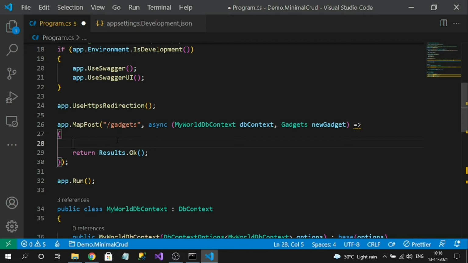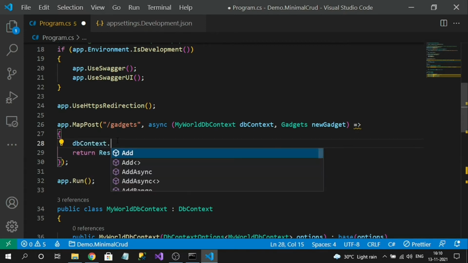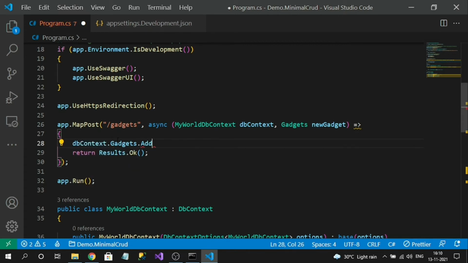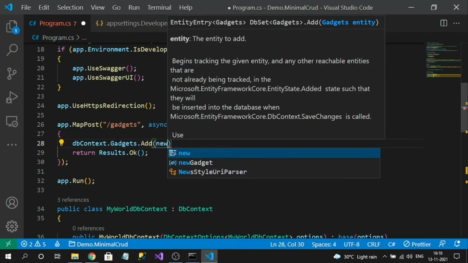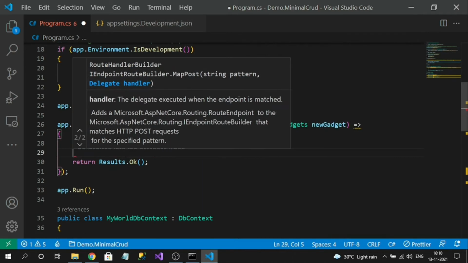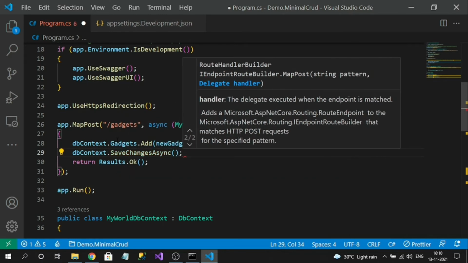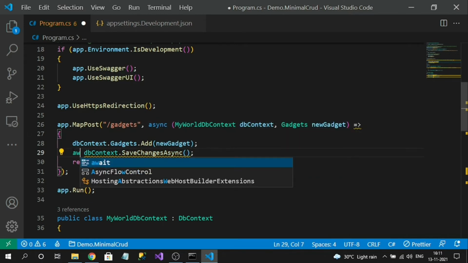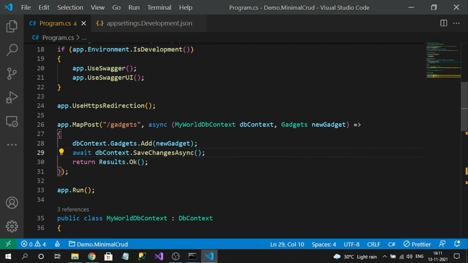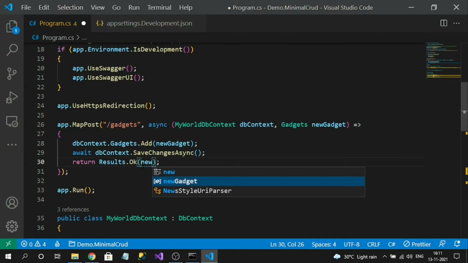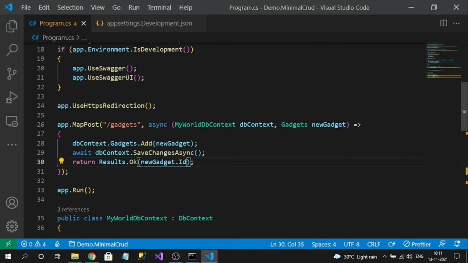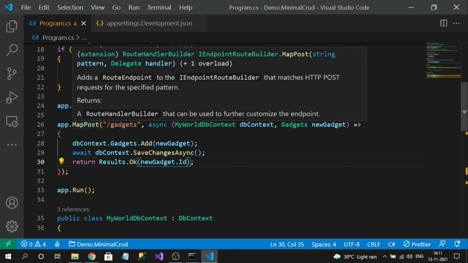Now what I can do is dbContext.Gadgets.Add(newGadget) and await dbContext.SaveChanges. Let me simply return the ID of the new gadget that was created, so that we can understand the new record is successfully created. So this is my create operation in minimal API.